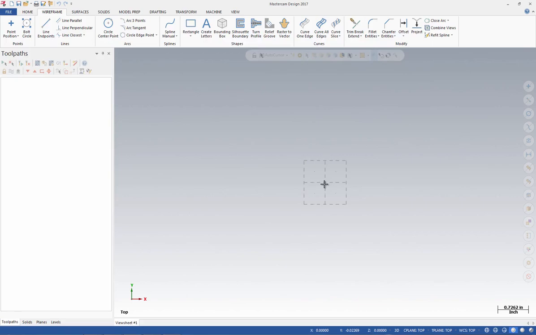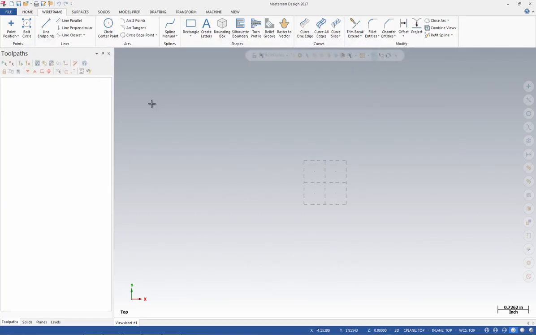Hello everyone, and welcome to training tutorial number 6 for the lathe training tutorial. For the first step, you are asked to set up the graphic user interface, which we've already done here. So we're going to continue on to step number 2, which is setting up the rectangle in order to represent